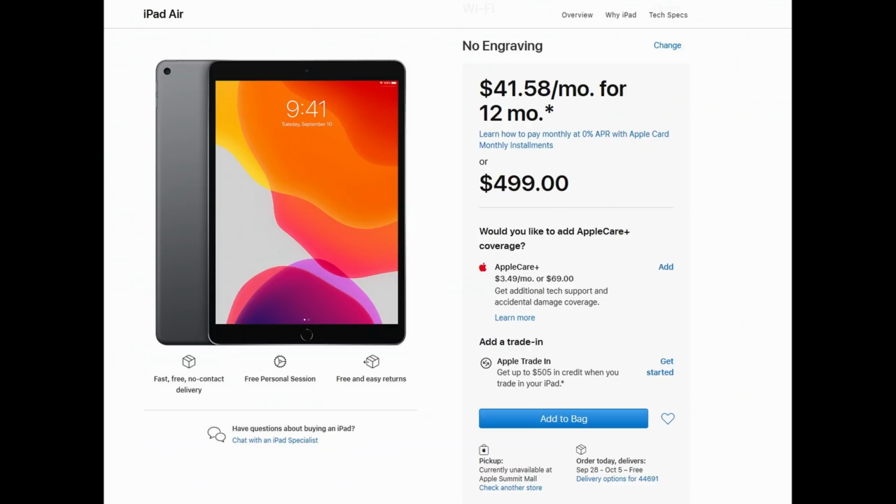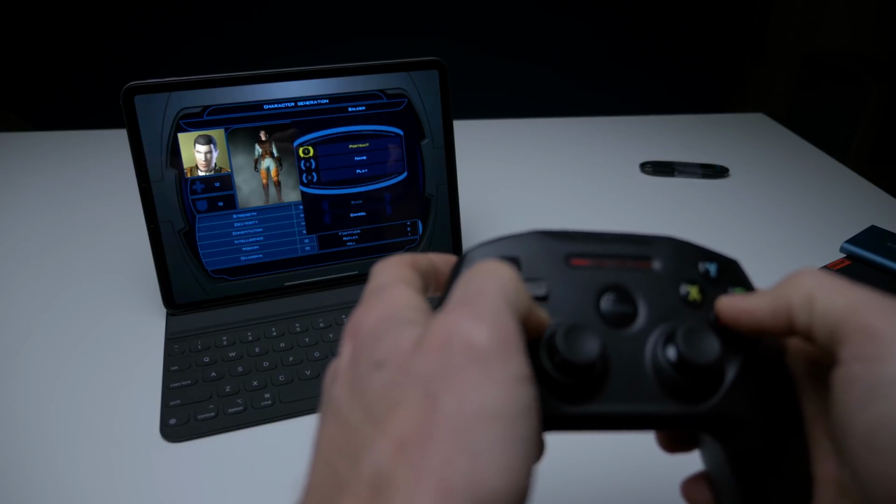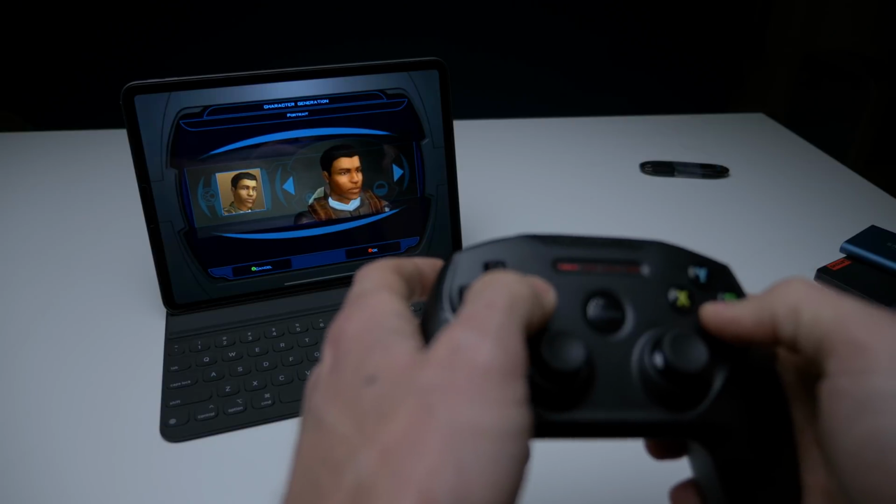We're currently at $499 for the iPad Air 3. So we have talked an awful lot about new technology we want. We talked about refinements over old technology that we want, display, processor, etc. I think we could keep a lot of that at the same price, but with that increased storage, we're gonna have to pay for that somewhere. So taking all of those factors into consideration, I think the best price for a base model iPad Air 4